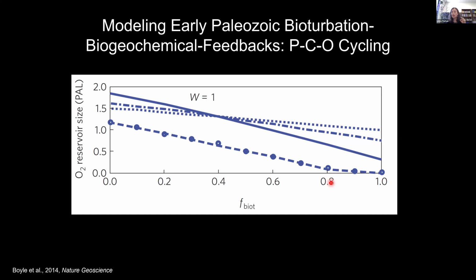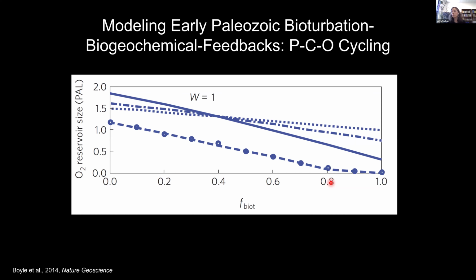And in light of this more bimodal framework, a number of studies have suggested that the emergence of bioturbation would have led to decreases in organic matter burial and increases in phosphorus burial. That in turn would have starved the oceans of what is ultimately the most limiting nutrient on geologic timescales, phosphorus, limiting productivity, and decreases in productivity in turn over geologic timescales would lead to decreases in oxygenation.